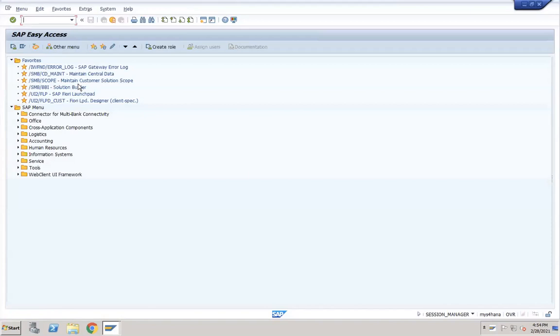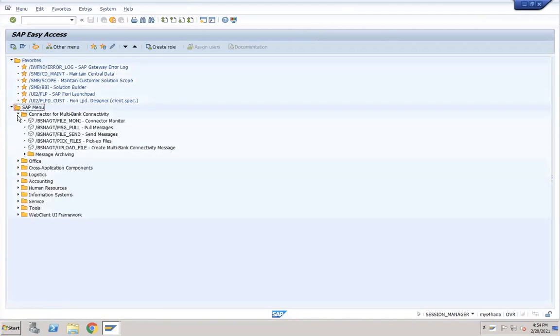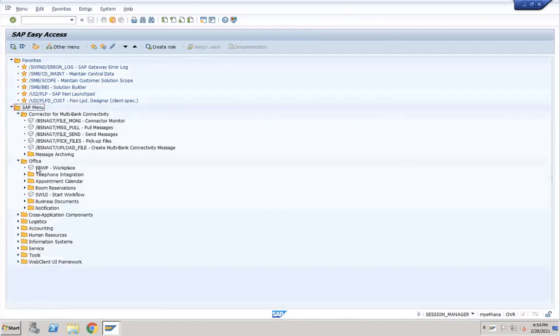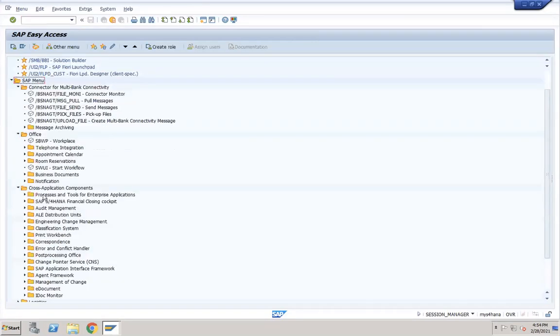User ID, password. Once you enter, you will come. You will see this SAP Logon Pad, right? This is your presentation layer, as I told. So here this is your GUI screen. But as an end user, when our end users are working, see, many things are there: office, workplace, integration, cross application components, what is this processing tool. These people don't want this.